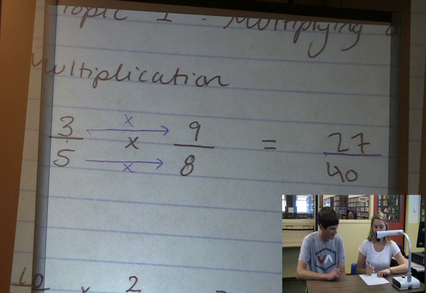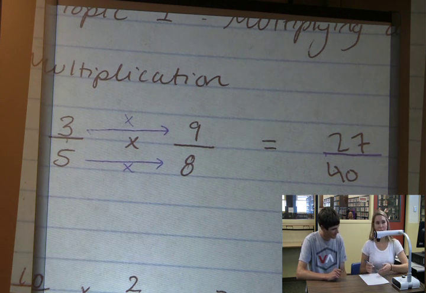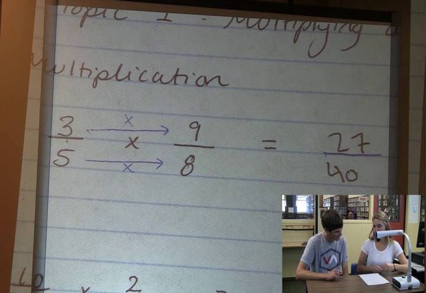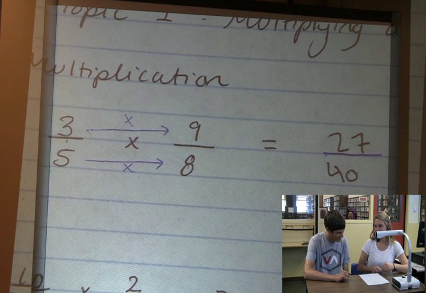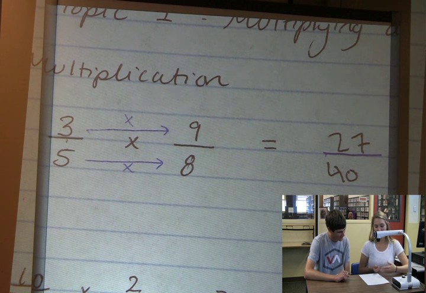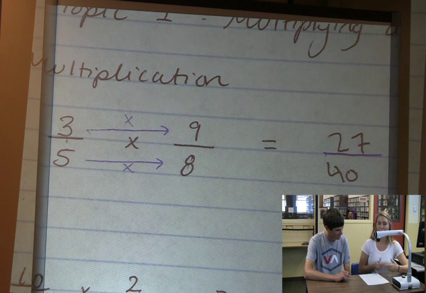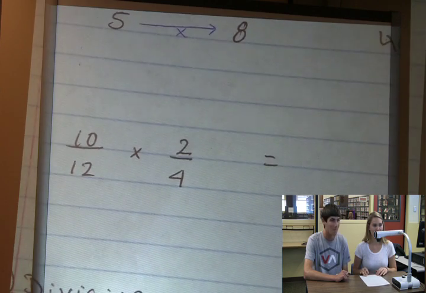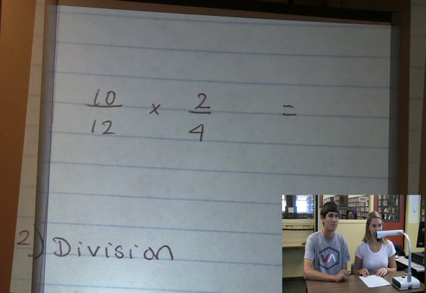Can you reduce that answer? It depends. Can you find a number that is divisible into 27 and 40? Well, 27 isn't divisible by 2, and 40 is not divisible by 3. It doesn't look like you can reduce that at all, so you would just leave that answer. Okay, so if we do another multiplication problem,